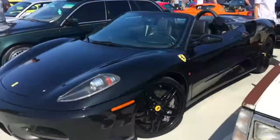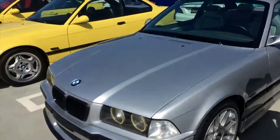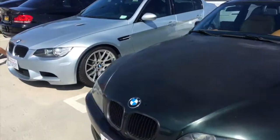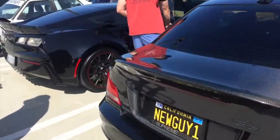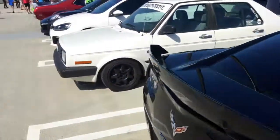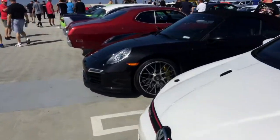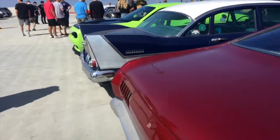Volvo, a Ferrari, BMW wagon, another BMW, a few classic BMWs here. It's an M3, love that colour when it came out. The old coupe they did, another BMW. Another one with a carbon fibre trunk on it, C7 Corvette, and then Volkswagen, Porsche, and then a great old, what